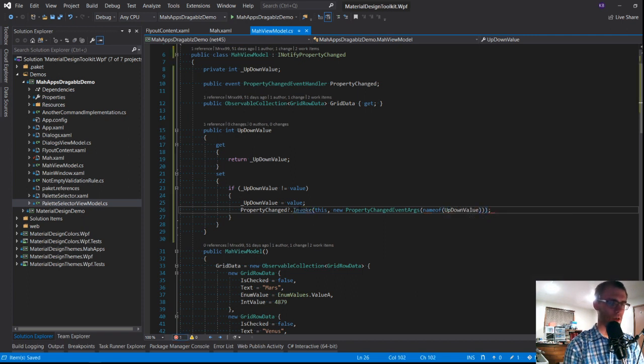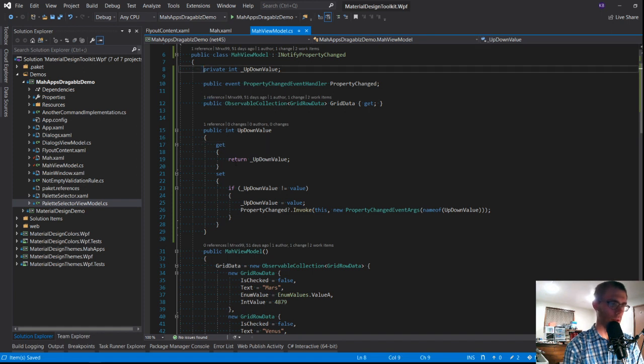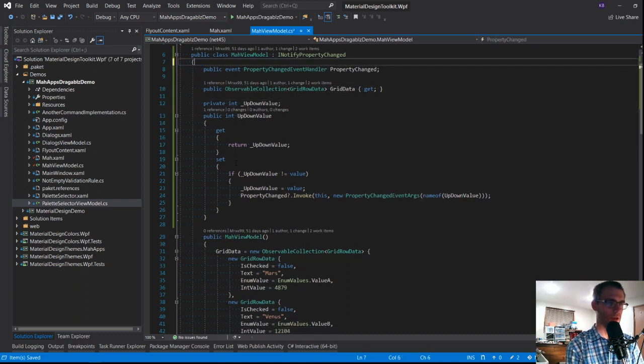Okay. So for those people who haven't seen it before, this is the, if you're going to create your own view model class, this is the basic pattern that all of your properties need to follow. Because this boilerplate gets very repetitive and boring, pretty much all MVVM frameworks come with some sort of view model base class that simplifies this logic so you write as little as possible.